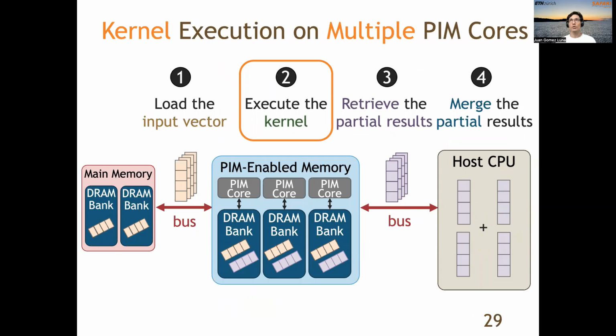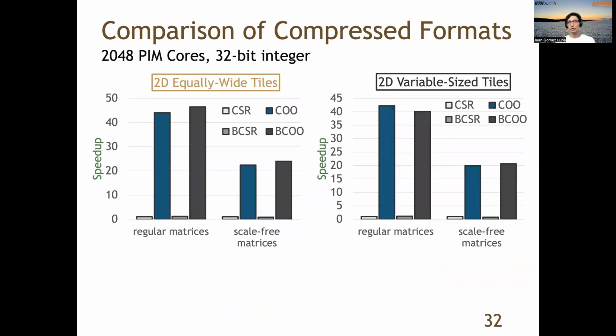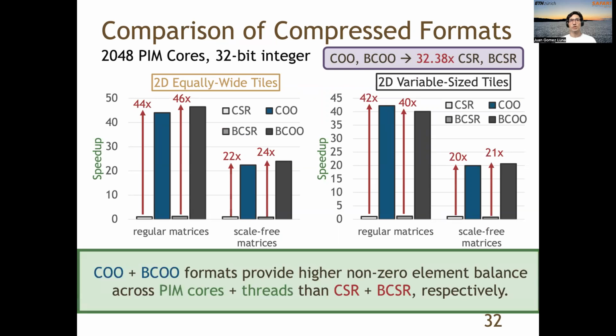When executing the kernel on multiple PIM cores, there are also some interesting observations that you can check in our paper. Here you see some speedup results for 2D equally wide tiles and 2D variable size tiles, for both regular matrices and scale-free matrices. And the general observation is that COO and BCOO formats provide higher non-zero element balance across PIM cores and PIM threads than CSR and BCSR respectively, and this translates to significant performance improvement, significant speedups of COO and BCOO over